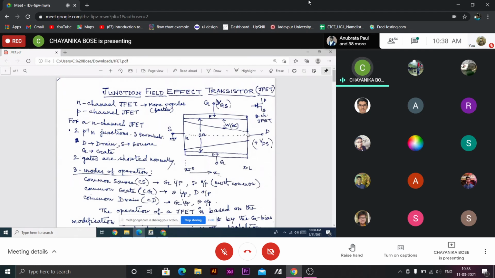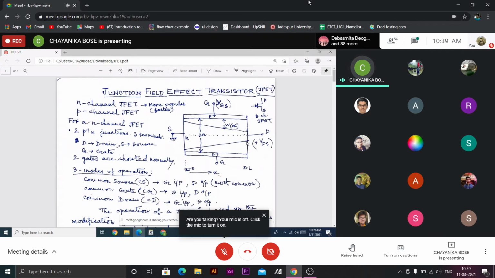And that is the appropriate value of drain voltage. We call it the pinch-off voltage. The channel is now pinched off. The depletion regions from two opposite ends touch each other, meeting here at the drain end. So for VGS equal to 0 gate bias, the drain bias for which the channel gets pinched off, where the depletion regions from two opposite ends meet at the drain end for the first time, is called the pinch-off voltage, which is determined by